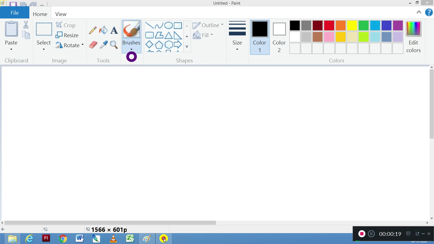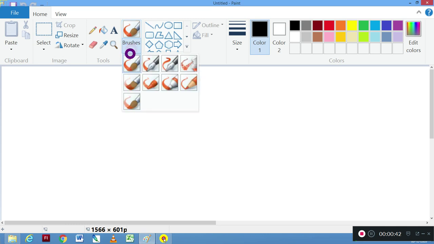There are different types of brushes in the brushes tool, which we can use to make different drawings as we want, and even for coloring. So let's see the different types of brushes. There is a small arrow here, or you can simply click this drop down arrow. If you click on it, you will see different types of brushes. And if you bring the mouse cursor over these brushes, you will know which brush is which, as there is a small tool tip for every brush.